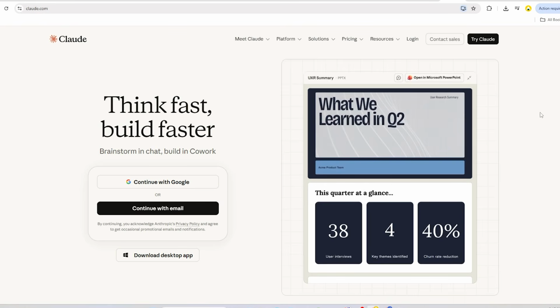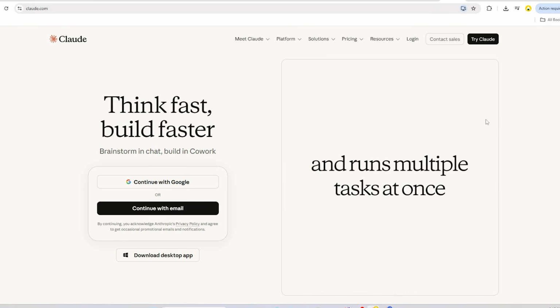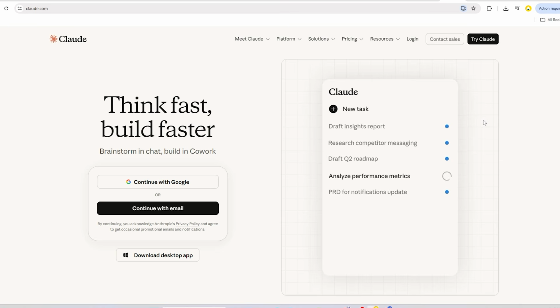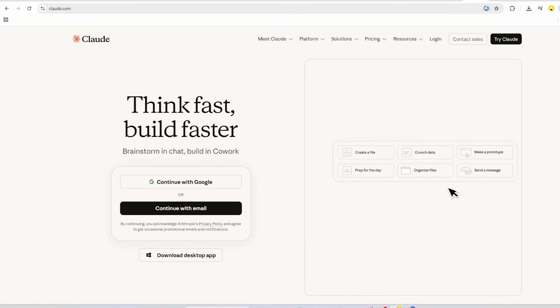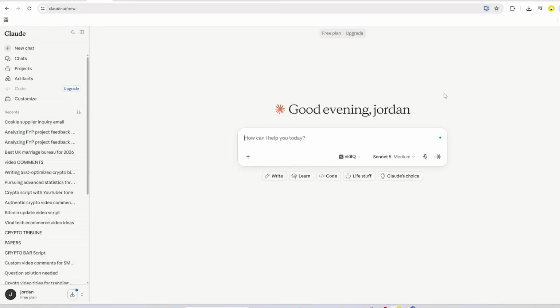First, go to the Claude website and sign in. You can create an account and start using the basic features for free. After signing in, you'll arrive at the main Claude screen. In the center, you'll see the prompt box. This is where you type your instructions or questions. For example, you can ask Claude to write something, explain a topic, organize your ideas, or help you solve a